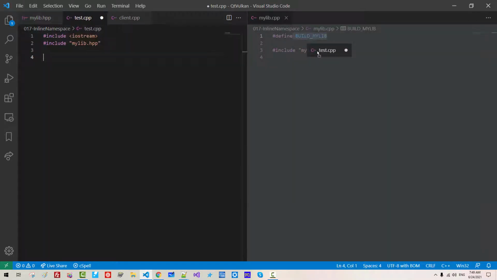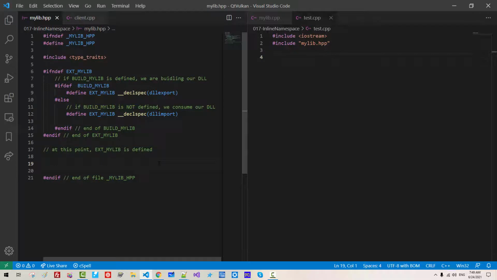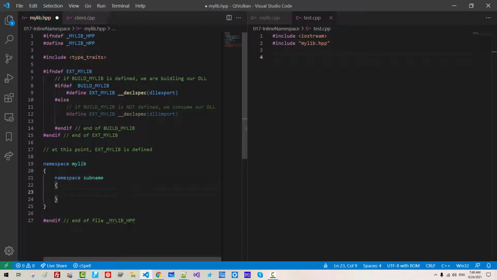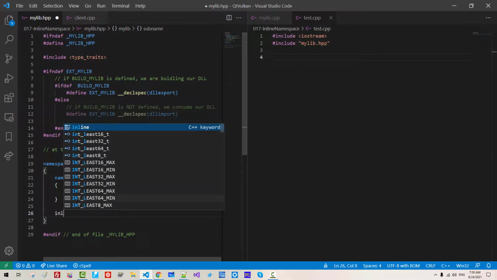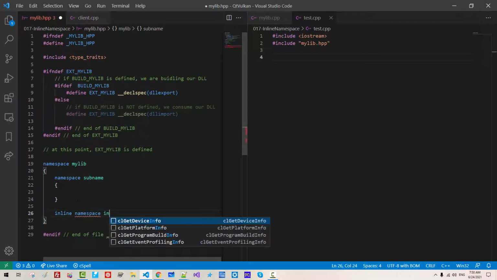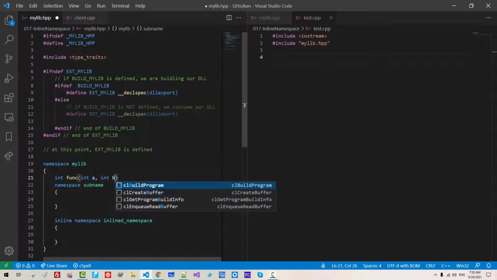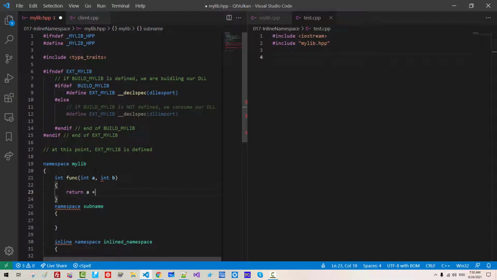Now, namespace mylib, namespace subname. So subname is a namespace inside mylib. Inline namespace. Now here int fun(int a, int b) { return a + b; }